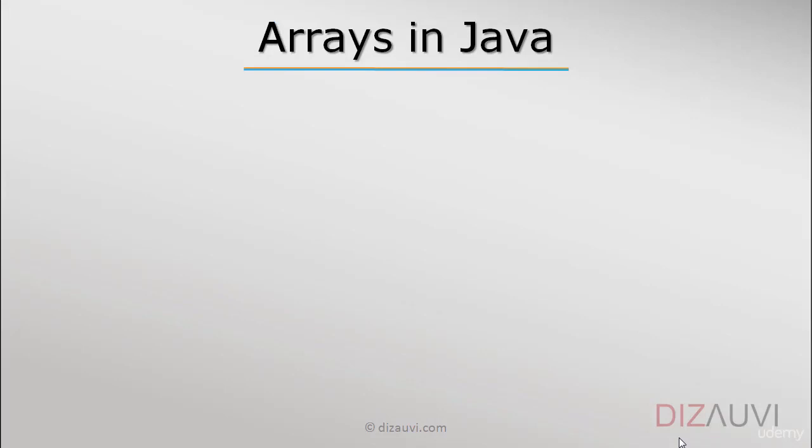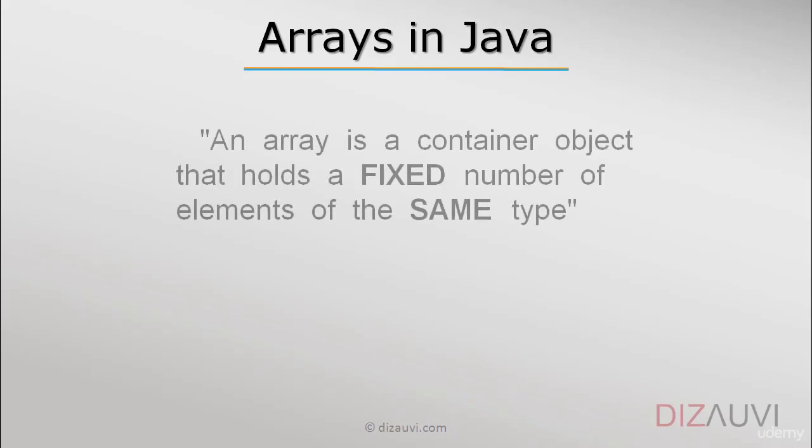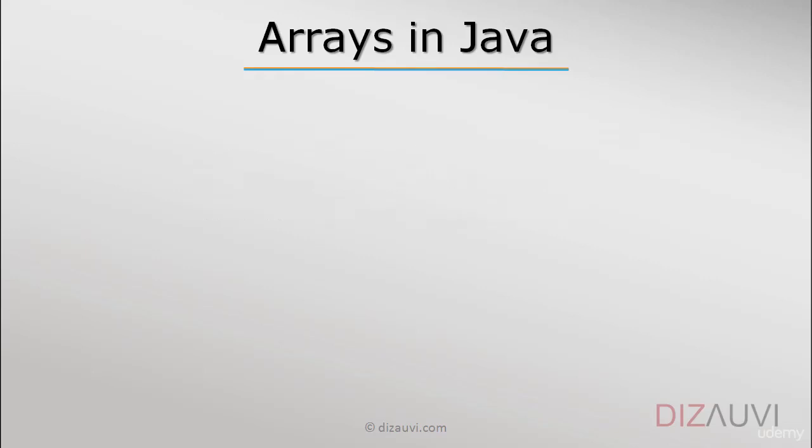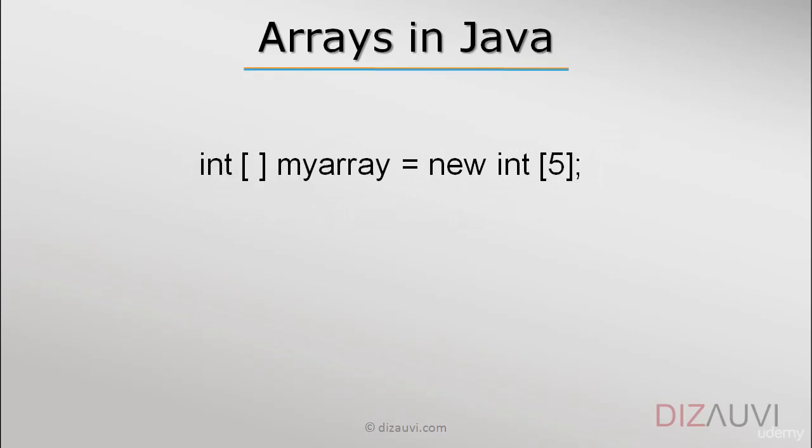Let's start with arrays now. Arrays in JavaScript are slightly different than what you may be used to if you are familiar with other programming languages like C or Java. If you recall from how an array is defined in other programming languages, an array is basically a data structure or a container object that can hold a fixed number of elements of the same type. It means that in an array, we can only have a fixed number of items, which we have to specify at the time of creating the array. And once we do that, the number of items that we can have in the array cannot change.